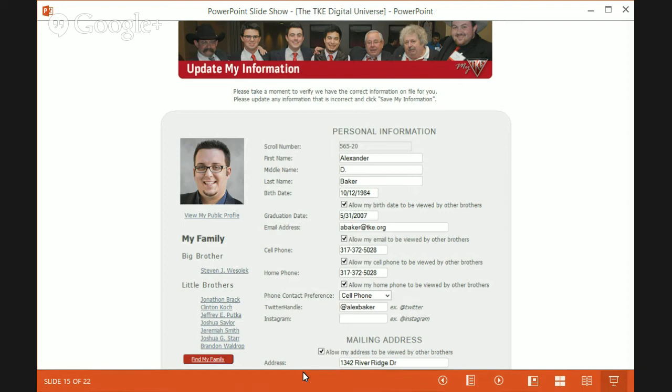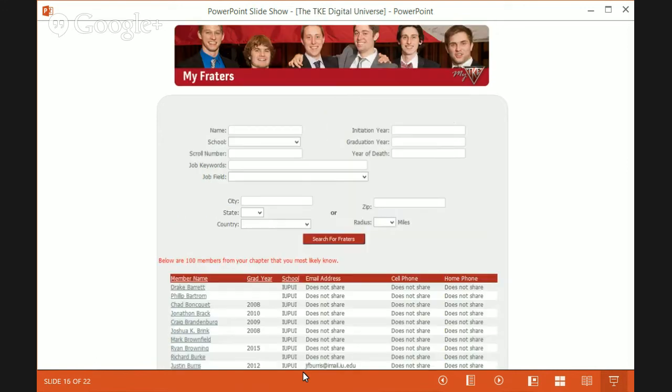So to show you how it works, let's go ahead and click on the My Frauder screen. On this screen, we show you the 100 people you are most likely to know. That's by scroll number, by initiation date, etc. The database automatically picks those for you. You also have the ability to search those names and find other people. From there, you can click on an individual name.